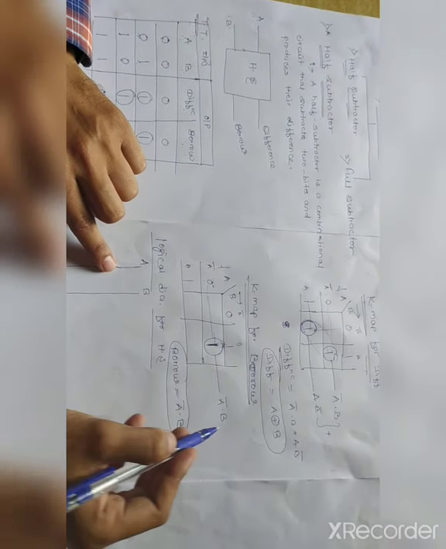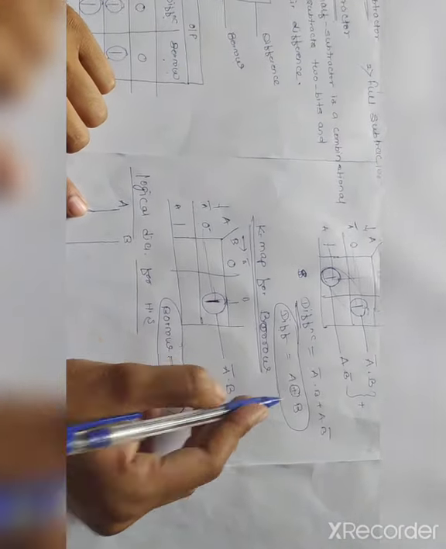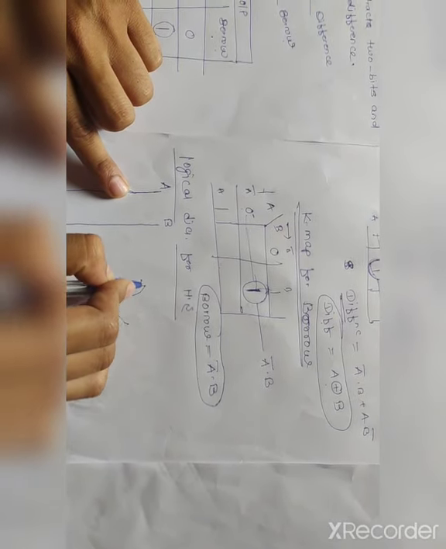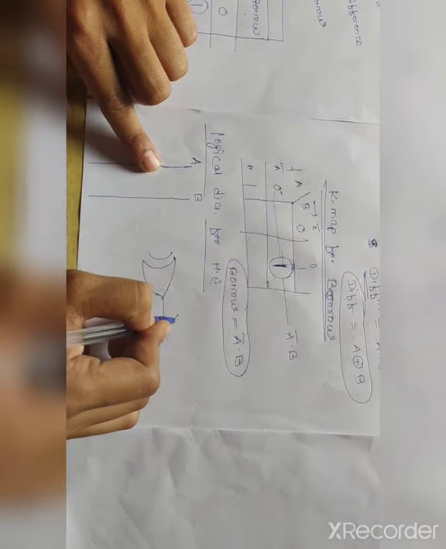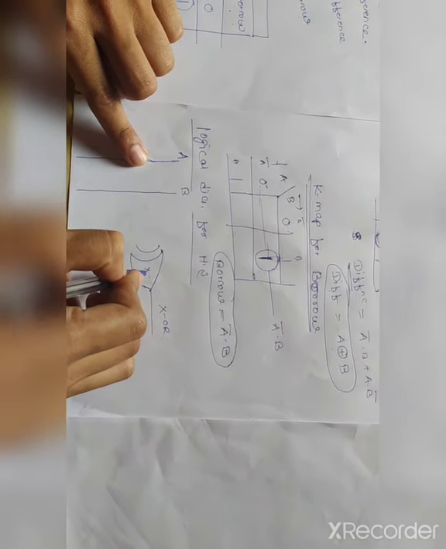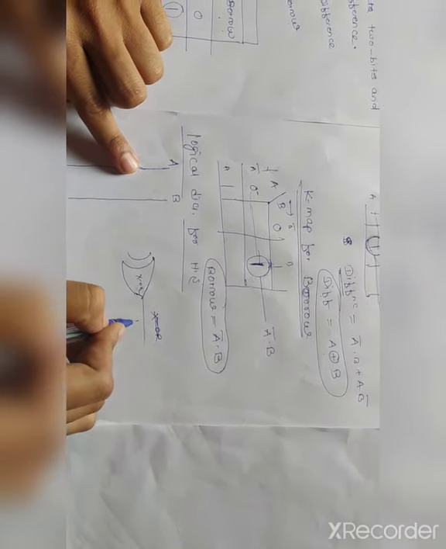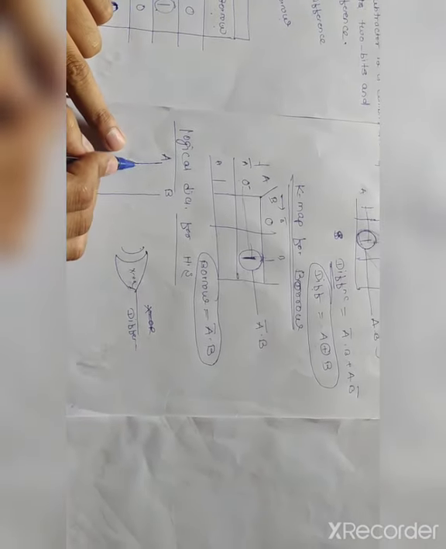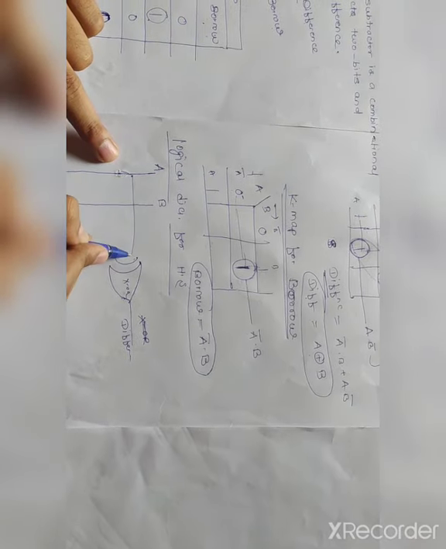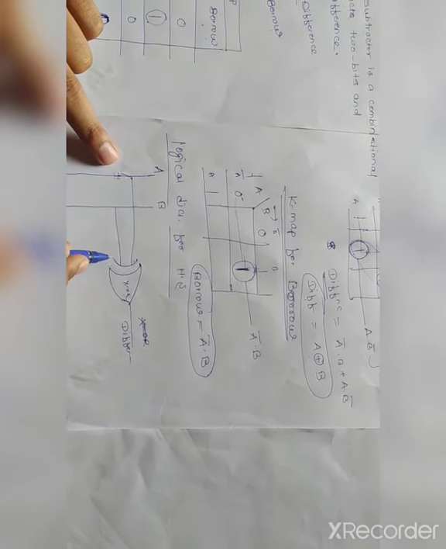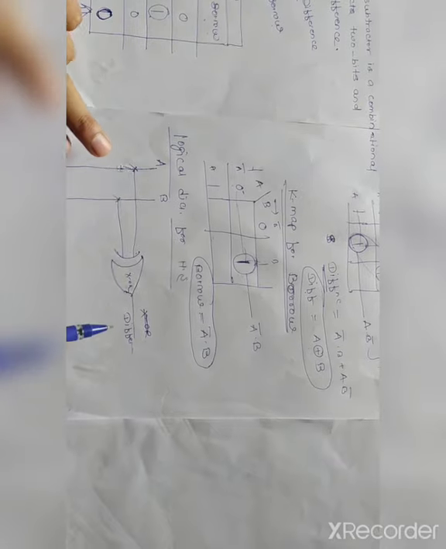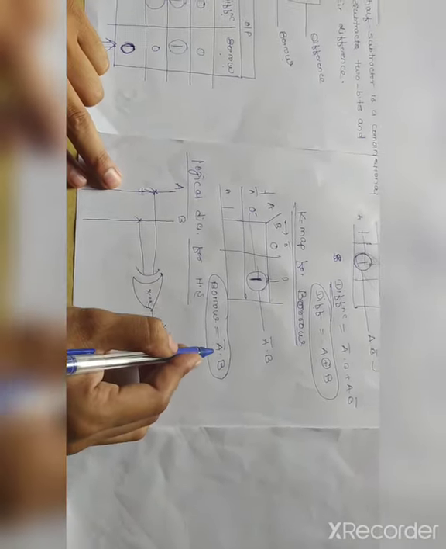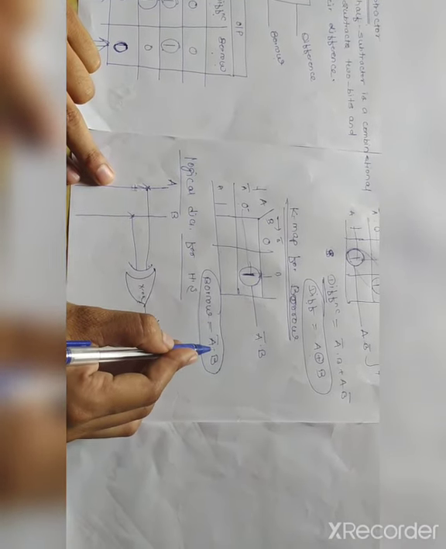So for the difference, this is my simple XOR gate. You have to draw the XOR gate. This is for the difference output. And the inputs are A and B. I'm just taking the A from here and B from here. You can show it like this just for better understanding of the inputs. This is my A. Now for the borrow, this is my simple A bar into B.